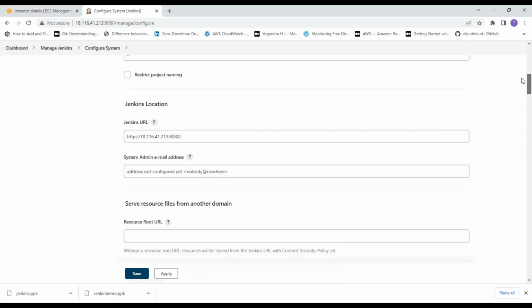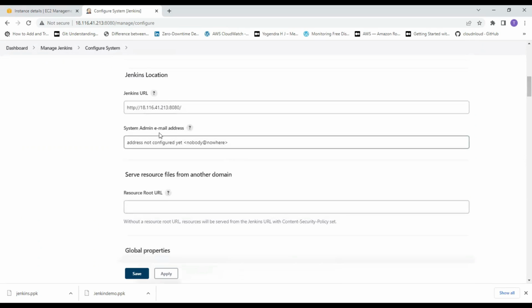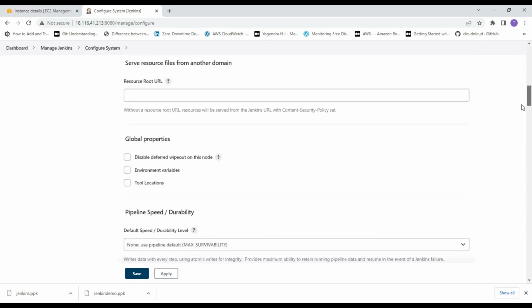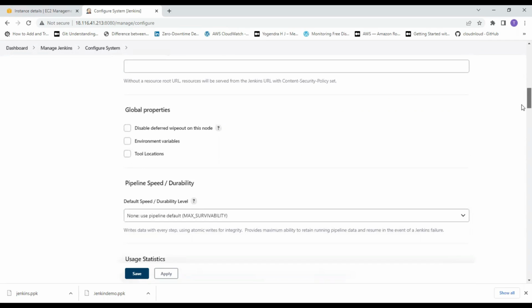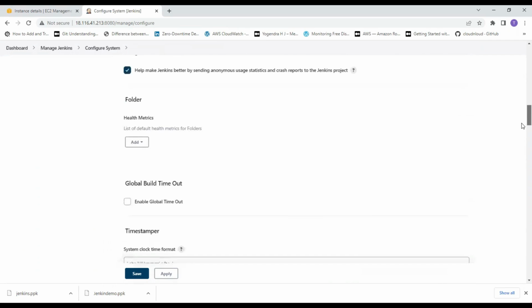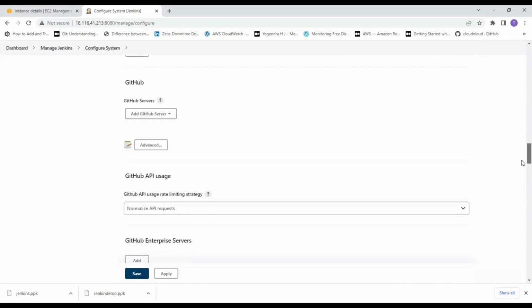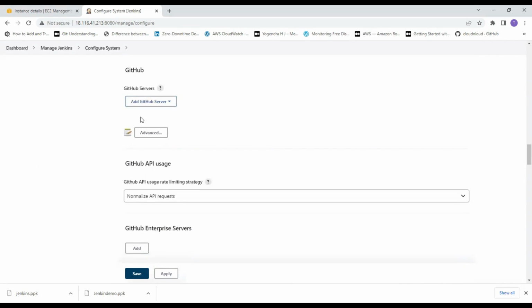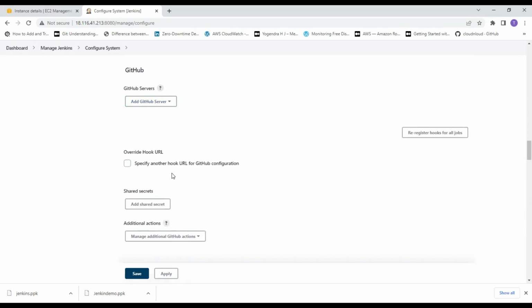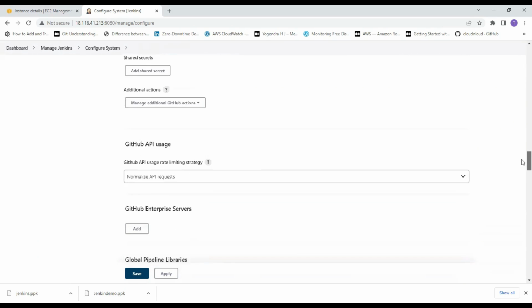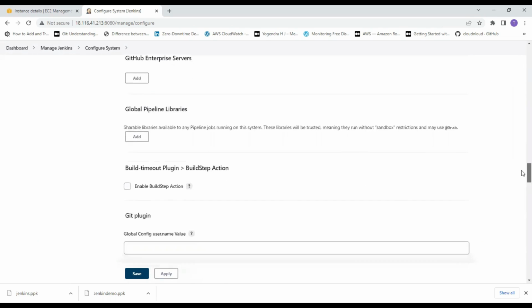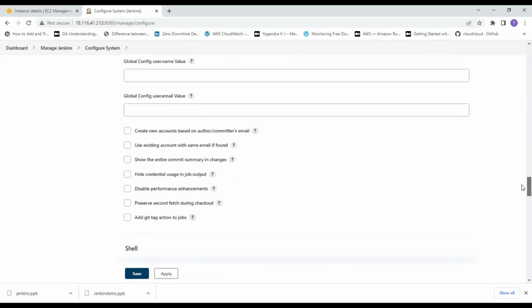And then you have the Jenkins URL, you know what we have done. And then we have the system admin email ID. You have something called global properties here, and the global timeout. One important thing I want to share here is when you click on configure system, you can configure the GitHub server as well, right? And you click on advanced, then you have something called a hook URL, we'll see that in our upcoming session. One important thing I wanted to show,